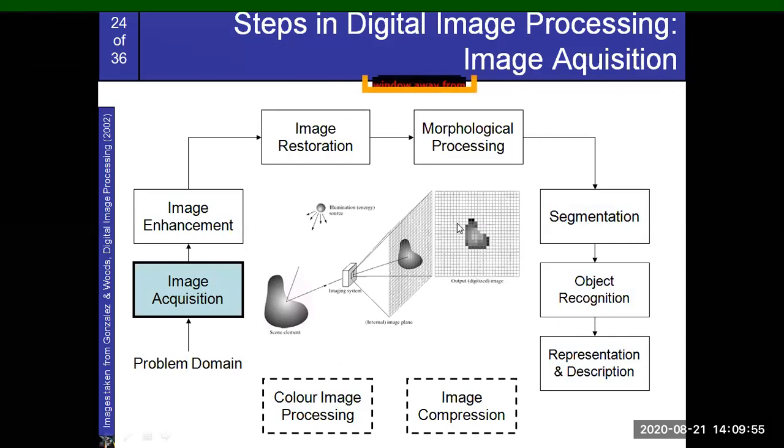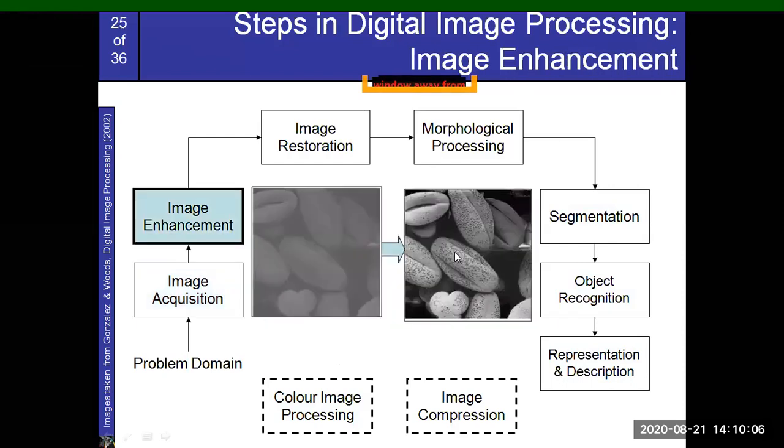In this pictorial representation, there is an illumination source, energy source, scene element, imaging system, and a digital screen. So this is the arrangement of your acquisition. The next one is image enhancement. If you observe here,